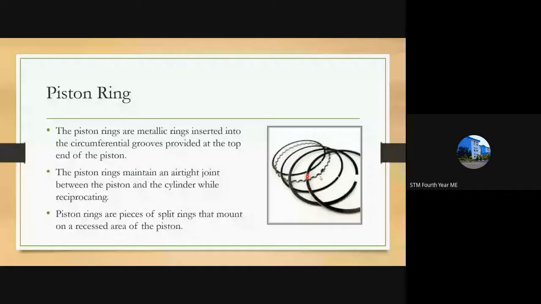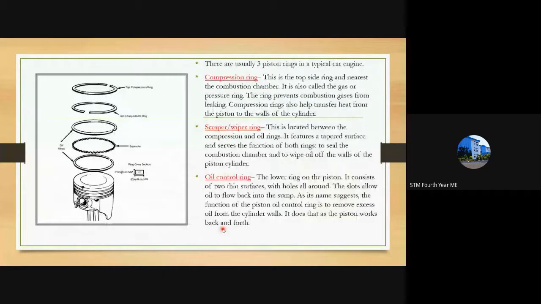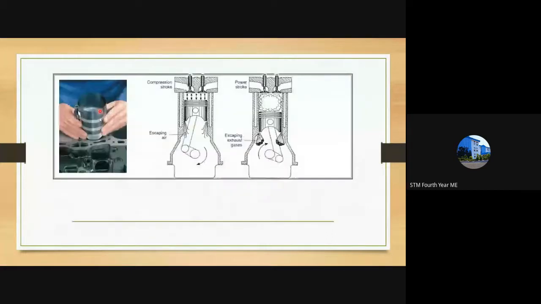These piston rings have a spring-like property. That means when compressed, it can return to its original shape when the compressive force is released. This is its original shape, and you compress it when mounting inside a piston. To compress this, we use a tool known as a piston ring compressor.